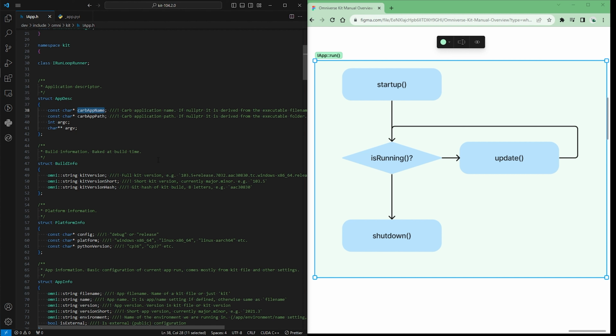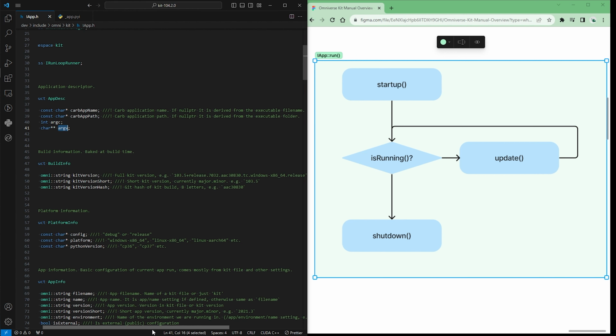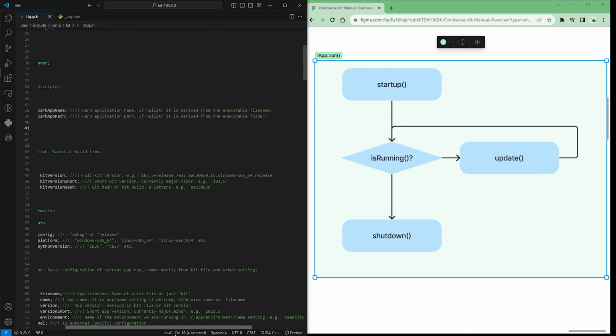and it would include your app name, your app path, and some arguments, some integer arguments, some character arguments. I think that's loose enough. That's extremely loose. So for real, you just really need to give it a name and a path. Excuse me. Let's see. Yeah, carb application name. Excuse me. So carb, what I've learned, is short for Carbonite, and it's